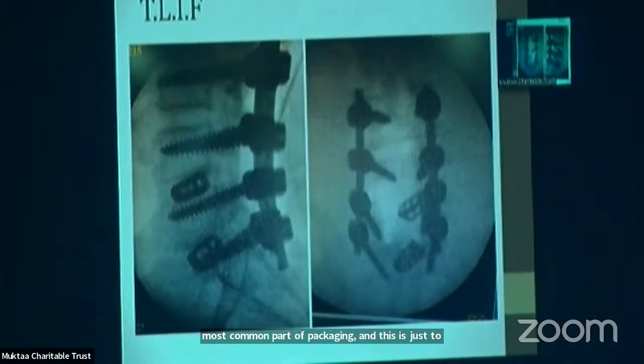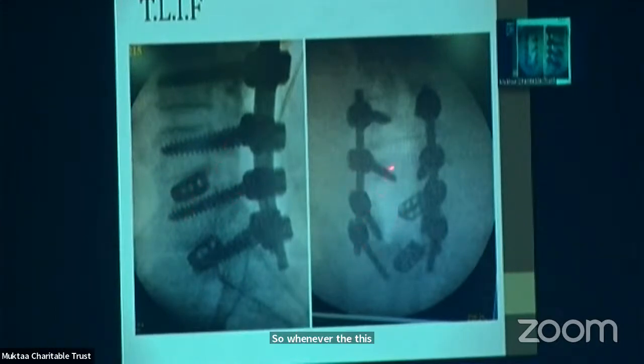This is called transforaminal lumbar interbody fusion, transpedicular interbody fusion. So what I have done here is pedicular screws are put. This is the pedicle, right? So this is seen on the AP view. It looks as if it is going in the canal, but no, it is converging, and these are the edges which fuse this level. So whenever you see instability with this problem and canal stenosis, you have to do a